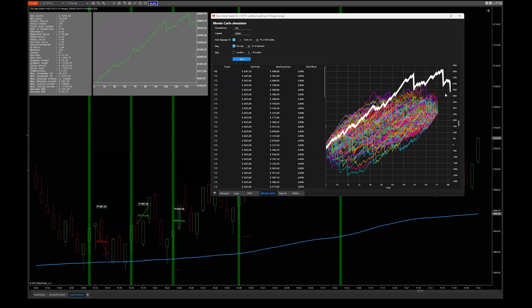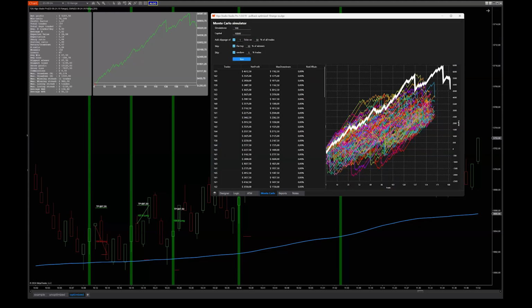But that way you know that the result I see in my equity curve is not because of 1 or 2 big winners. It's a nice accumulation of small profits or larger profits, but it doesn't depend on a few big winners. So you can already see that this allows you to see how robust your algo is when just changing things. You can skip maybe X% of your trades and look at the results.